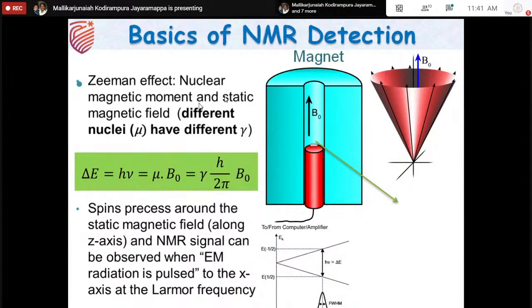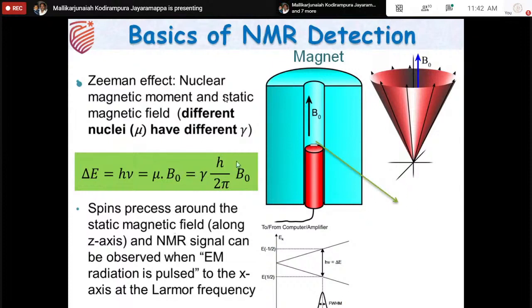Zeeman effect: the nuclear magnetic moment and the static magnetic field interact and give rise to an energy difference delta E. The individual energy level splits into two energy levels, plus half and minus half, and that energy difference is given by h nu, where h is Planck's constant and nu is frequency, which is directly proportional to the magnetic moment mu and the strength of the external magnetic field B naught, and that in turn